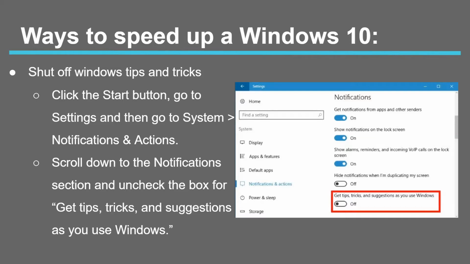But with respect to Windows 10, I guess we'll do the demo after I've explained it. So something that you can do to speed up your Windows 10: go into the Start button, the little icon at the bottom left-hand corner of your screen, and go to Settings. Again, we'll go over this in the live demo, but there should be a button called Settings. If you click that,